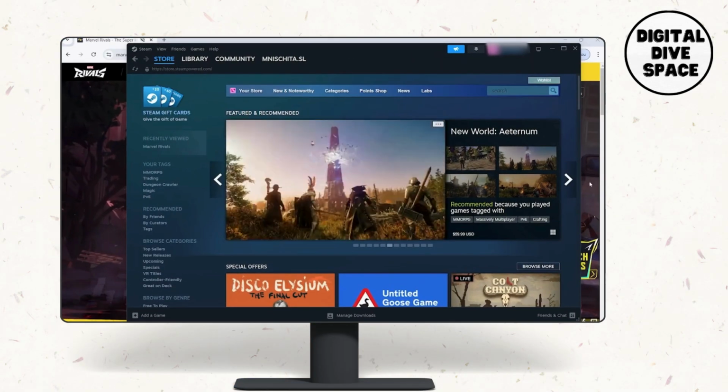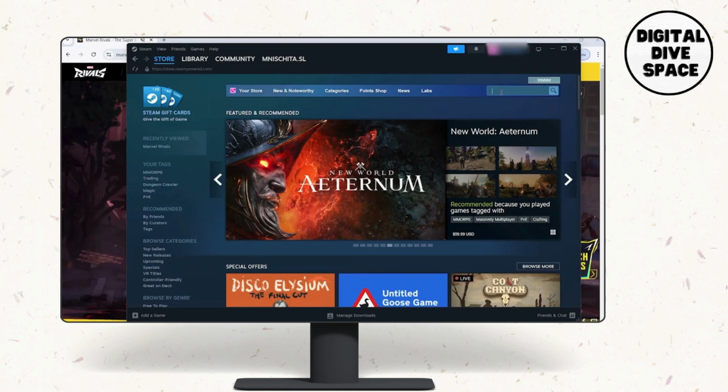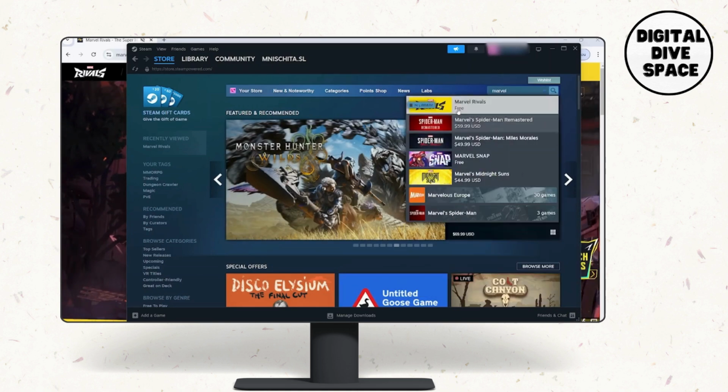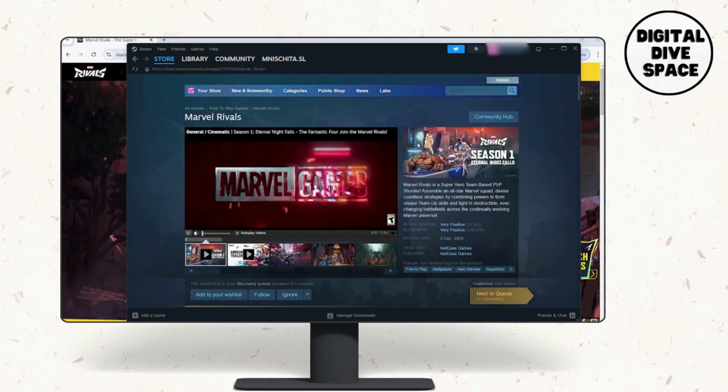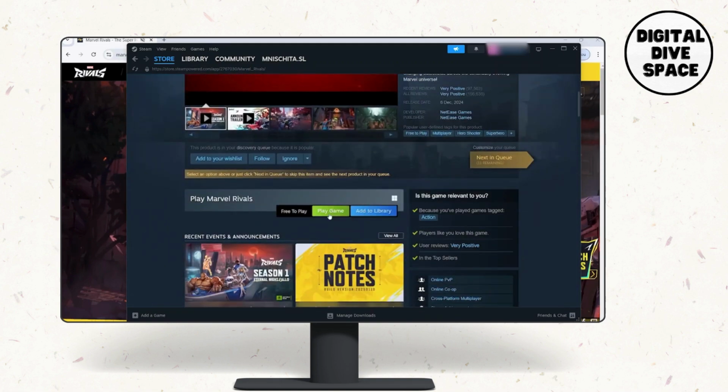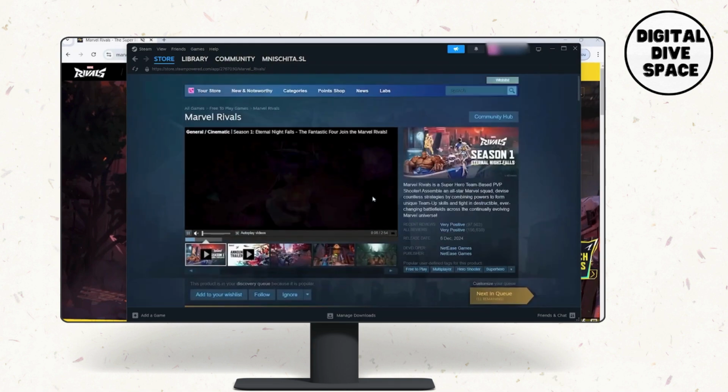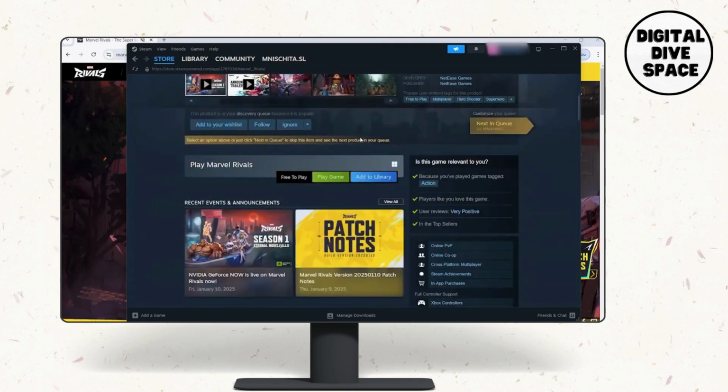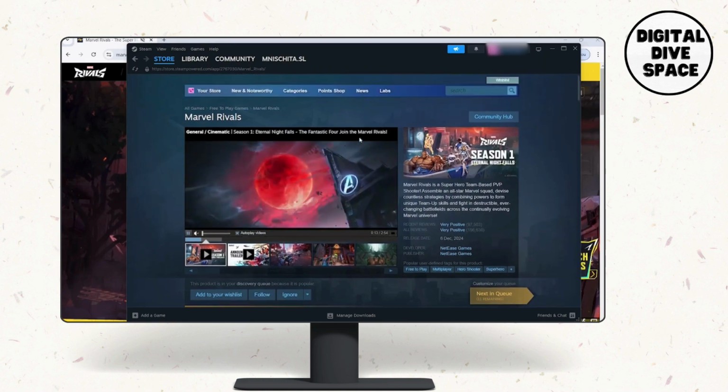Steam account. First, you need to go to your Steam. In the store, search for Marvel Rivals and click on it. After you get in here, you will see this play game button. Click on it and it will install and download your Marvel Rivals from Steam, and it will automatically connect with